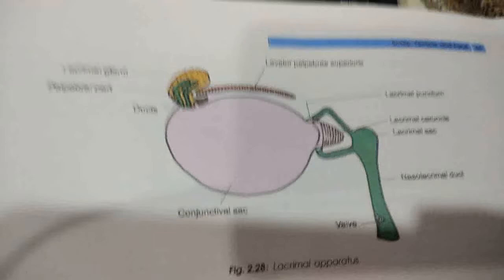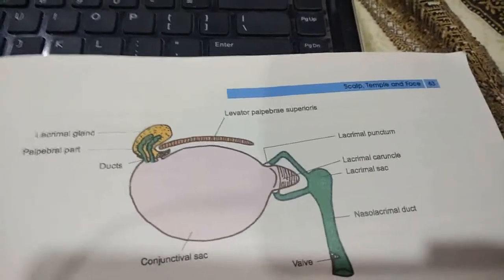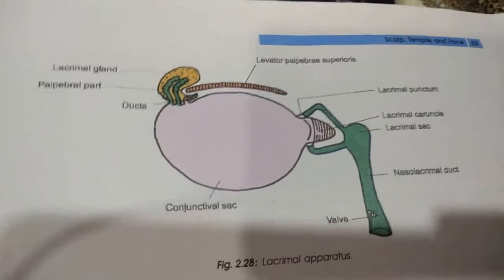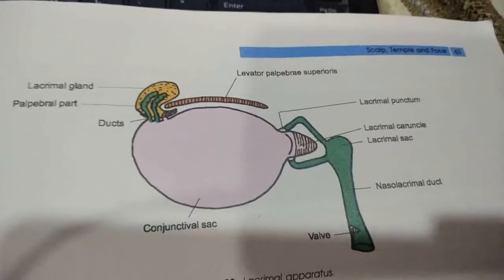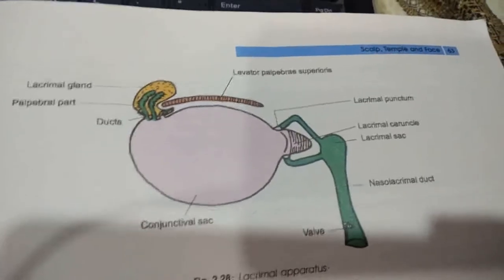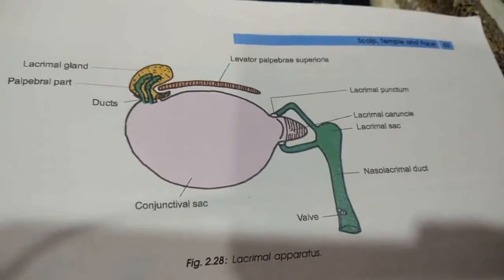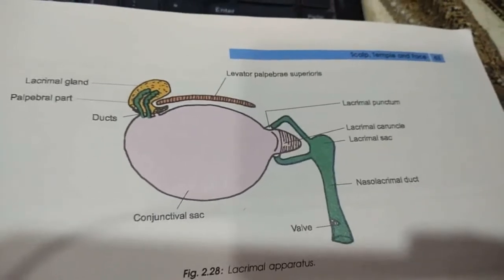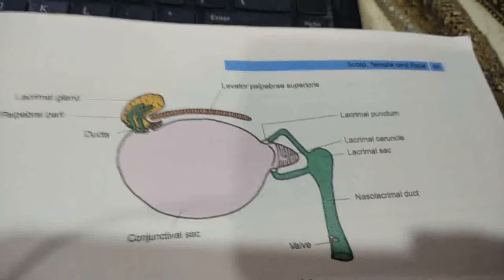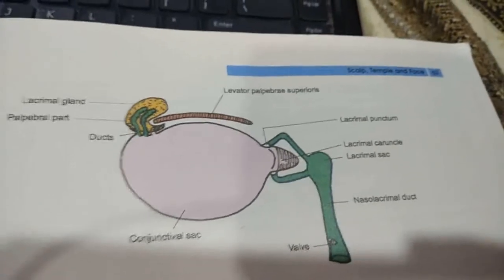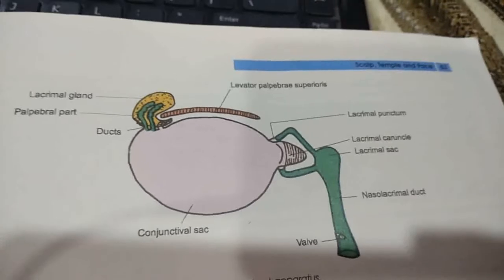The palpebral part means what? Palpebral means related to the eyelid. Orbital part means related to the orbit, which is larger, whereas the part related to the eyelid, the palpebral part, is smaller and superficial, lying within the eyelid. Understood? About a dozen of its ducts pierce the conjunctiva of the upper lid and open into the conjunctival sac